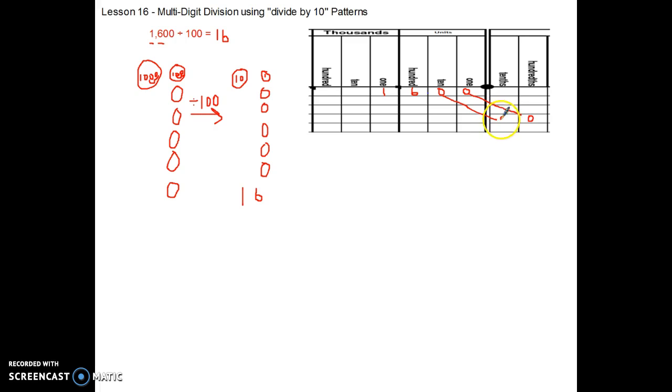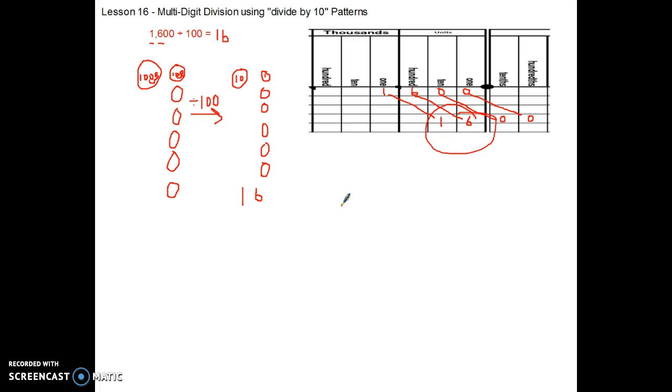1, 2. My 10 is now a tenth. 1, 2. So my 100 is now a 1. And my 1,000 is now a 10. So same answer here, 16, as I got with my discs. Another way to look at this, just to bridge to what we're going to be doing next, is that I